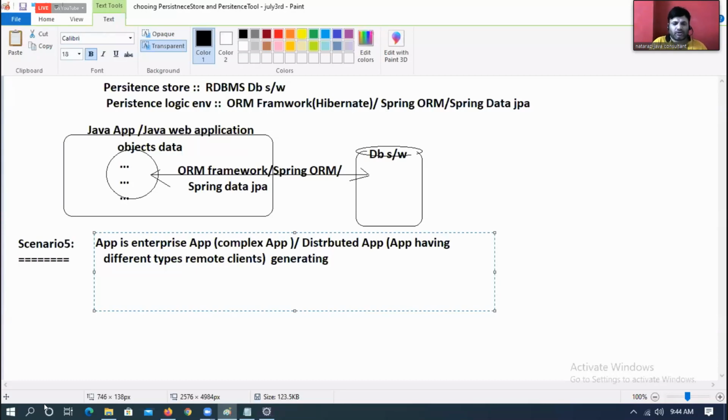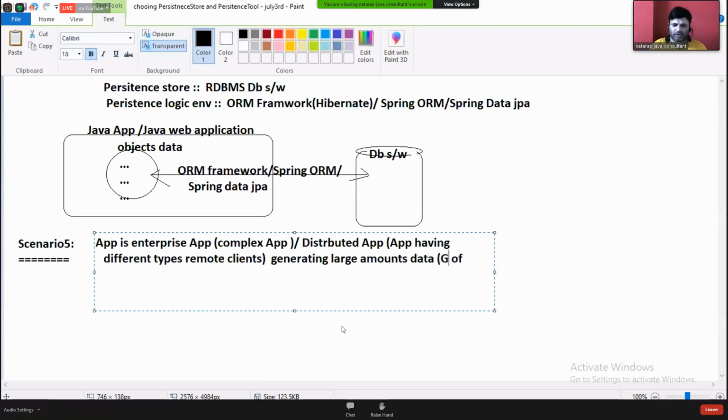Again, the application generates large amounts of data. What do you mean by a large amount of data?